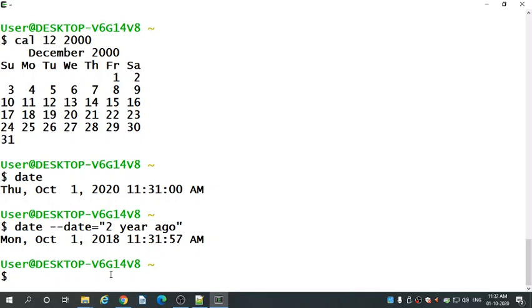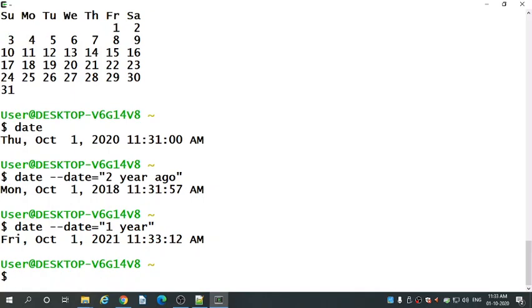Then next, date and time after 1 year on the current date. So you can type the date command as we saw above. You type the same, but in the double quotes you type 1 year. Double quotes complete, then enter.